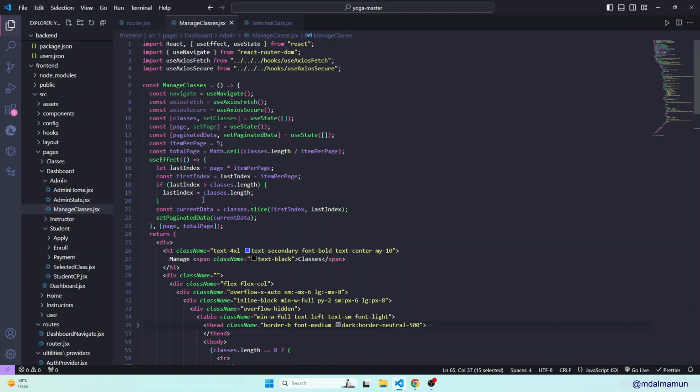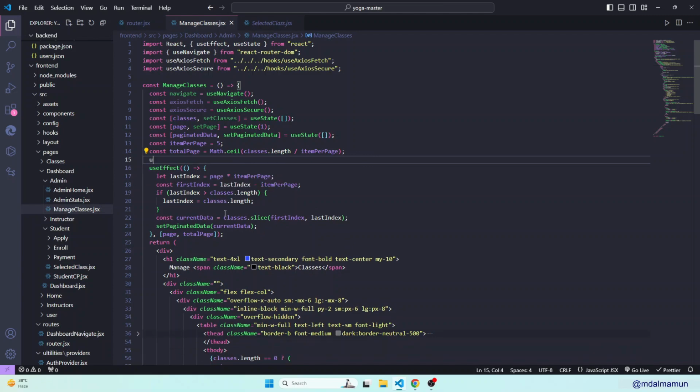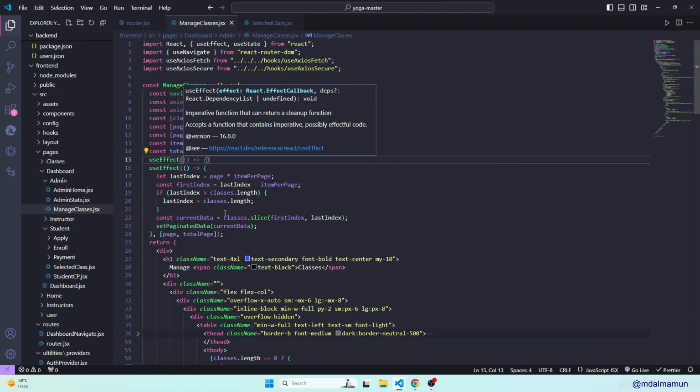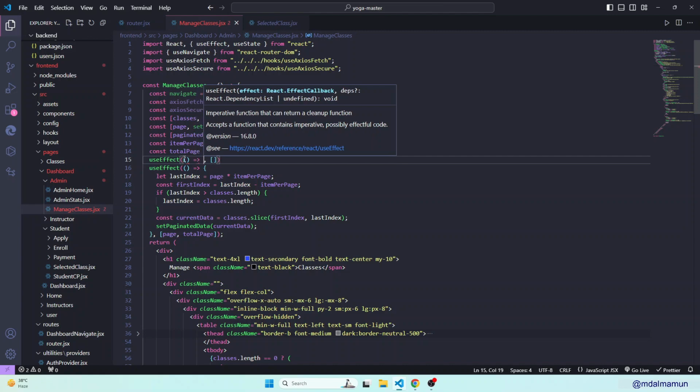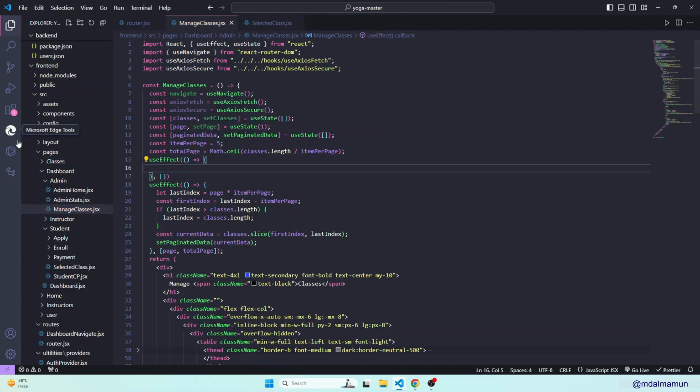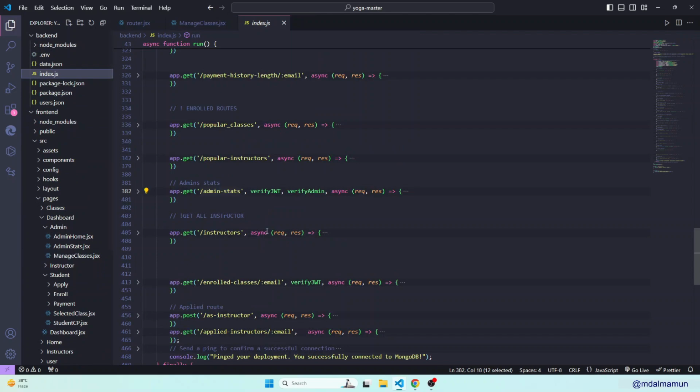We'll have to define a useState. Here we can just define another hook, so that would be the useEffect hook, and here we will have an empty dependency array. Then we will call something like this: axios dot get method. Then we will have to hit a route. The route will be, let me go to the index. Here we'll have